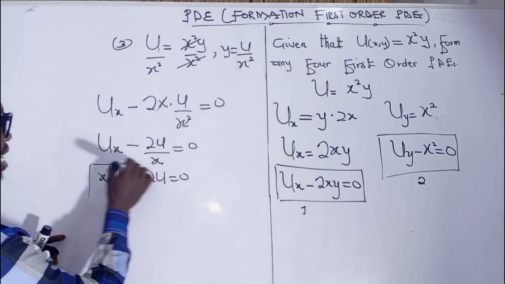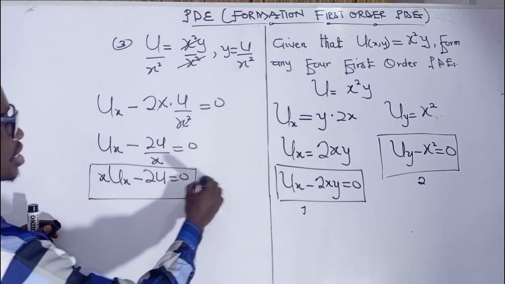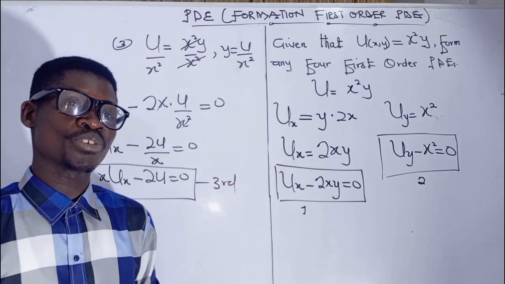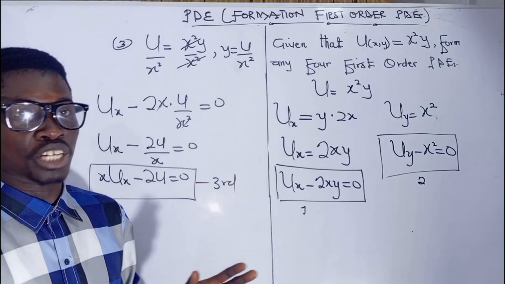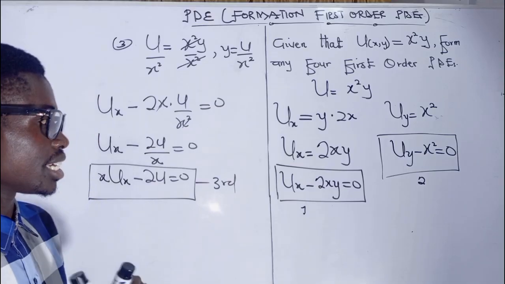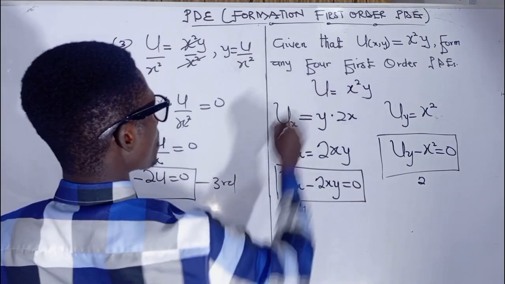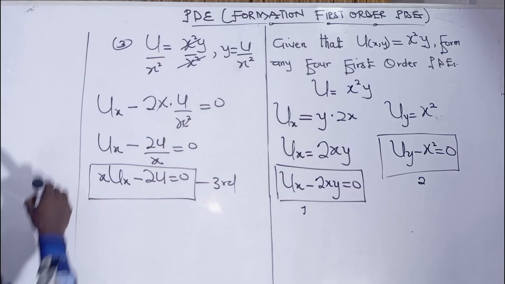So we have our first order partial differential equation. So this is the third one. So as I said, if your algebra is very good, you can form as many PDEs as you want. If your algebra is really good. Now from the same function which is given to us,